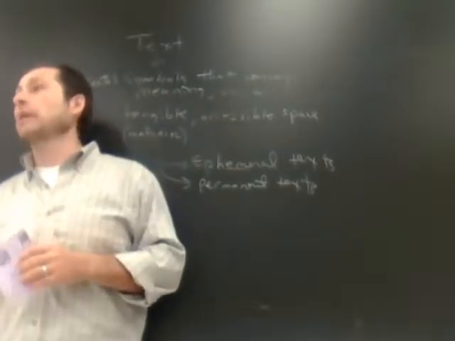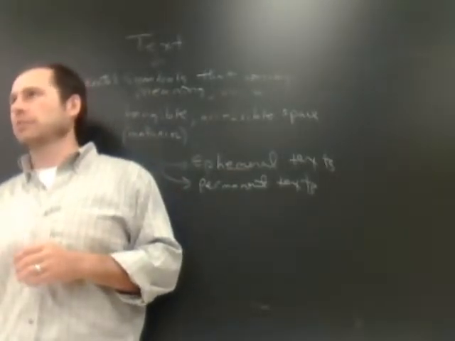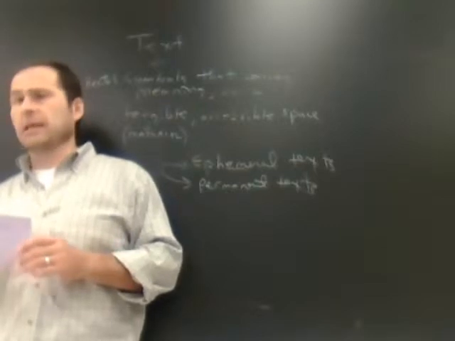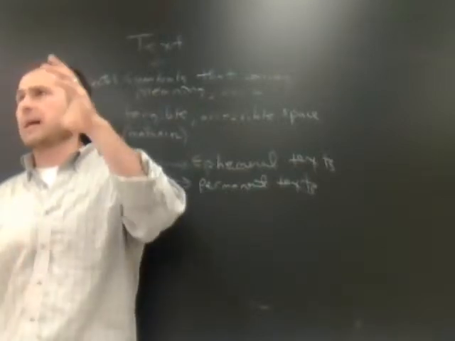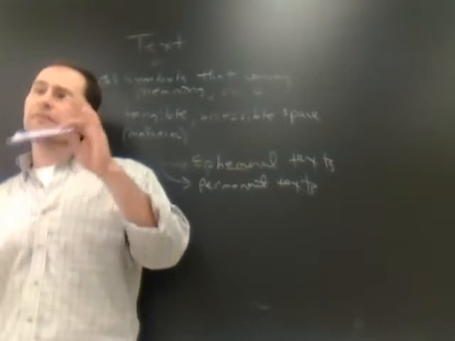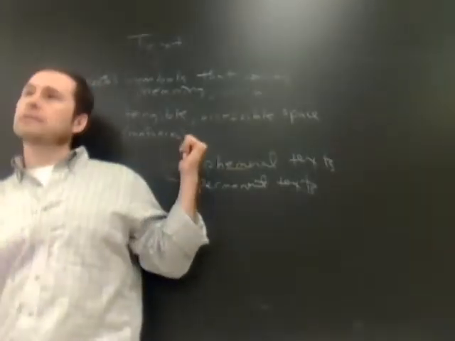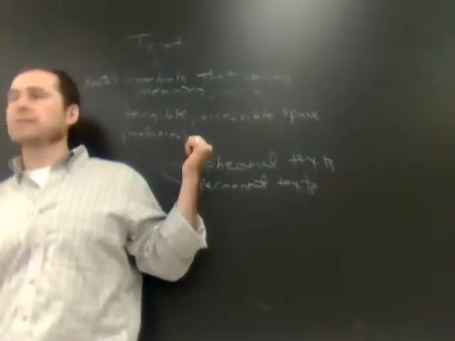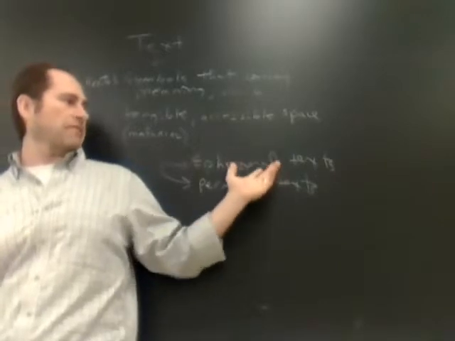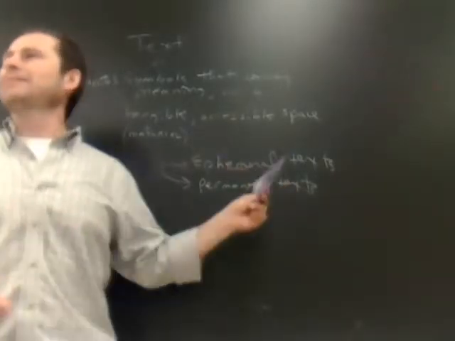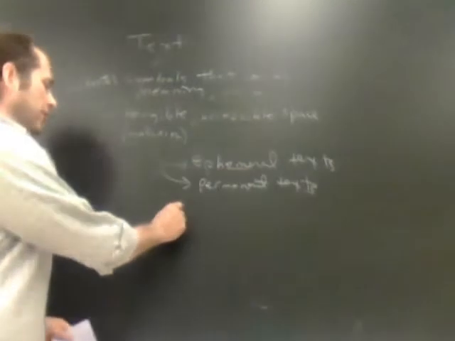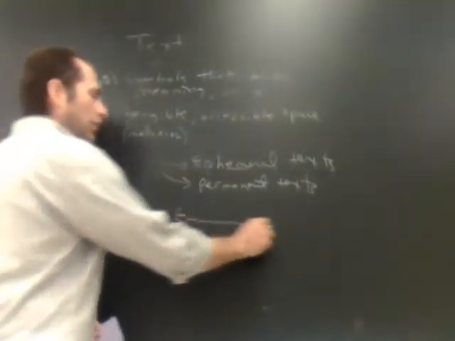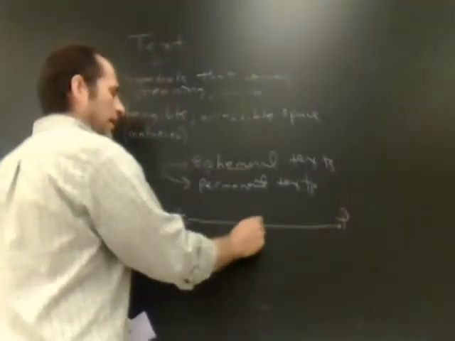Now, the whole process of archiving is to make something almost indestructible. There are techniques for that. But this is much more permanent than the cloud in the sky, right? Then you have stuff that's kind of in the middle, like this right here. Is this a text? Well, we already said yes. What kind of text is it? Ephemeral or permanent? And then you realize this is more like a spectrum, okay? With ephemeral being right here, and permanent being over here, and you have levels on it, right?